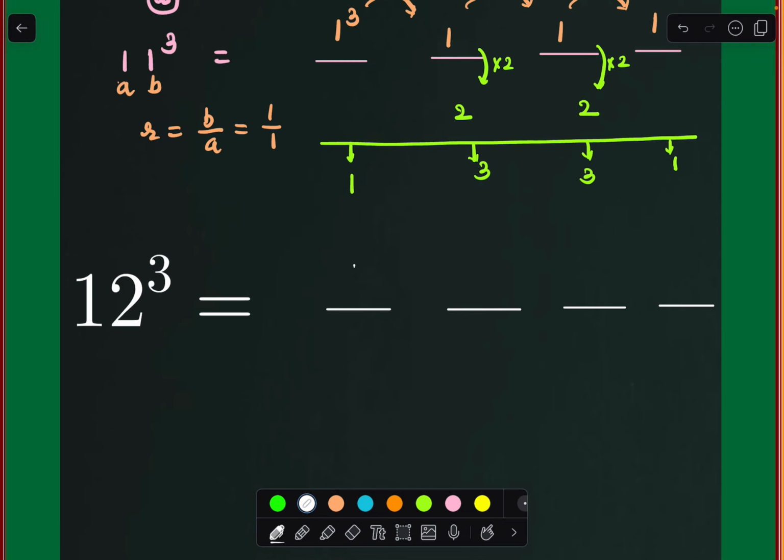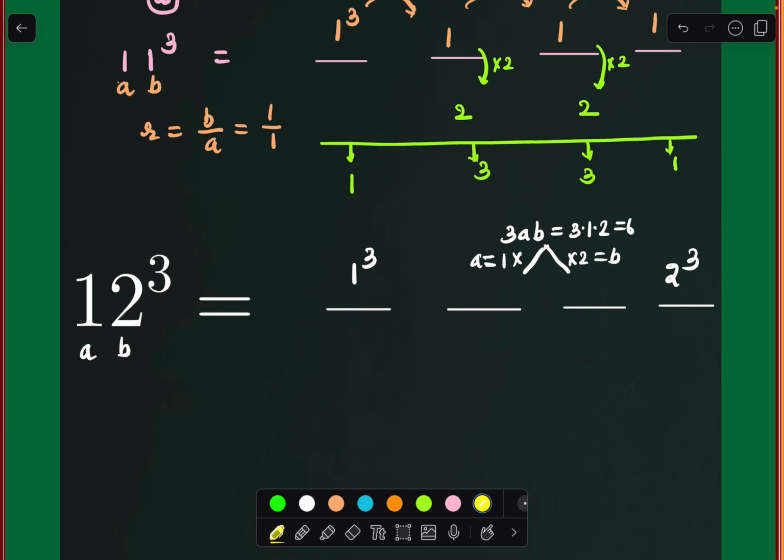So I'm taking a cube value, 1 cube is 1 here, and b cube value. This is a, this is b. I'm taking here 2 cube value, we'll write here. And the middle number is what? 3a square b we need. For that also I'm calculating the 3ab value. So 3 into 1 into 2, which is nothing but 6, and multiply this 6 by the unit place and tens place respectively, into 2, which is nothing but b only, and here into 1, which is nothing but a only. So if I'm taking the right place value, second place value,